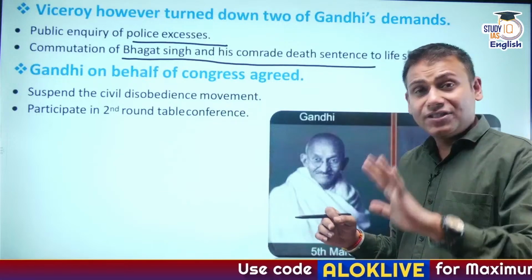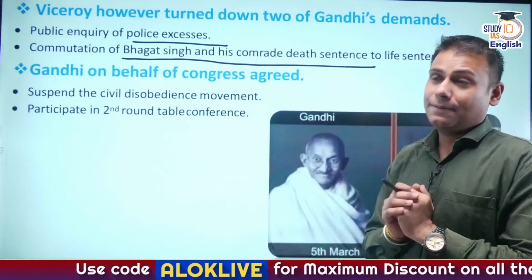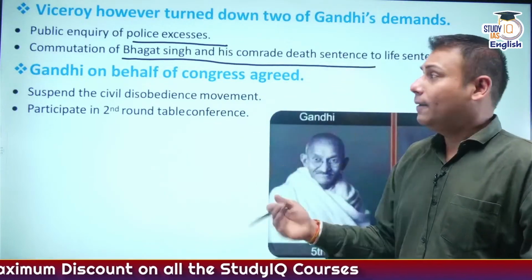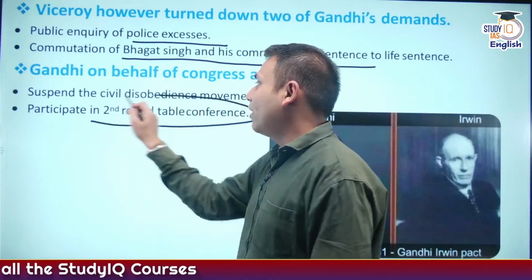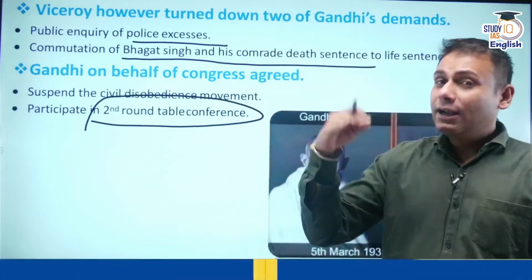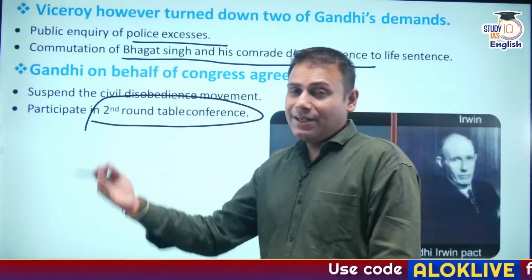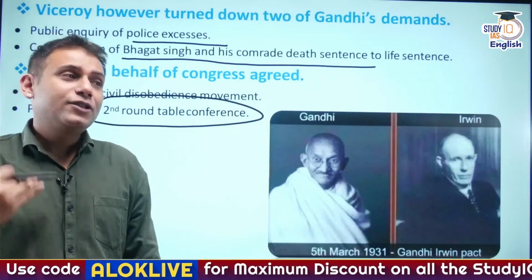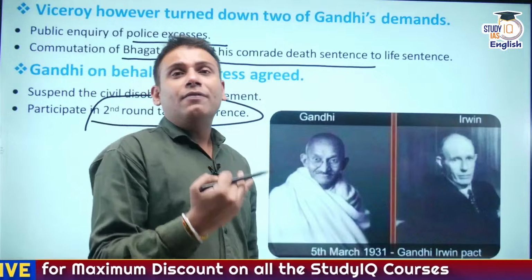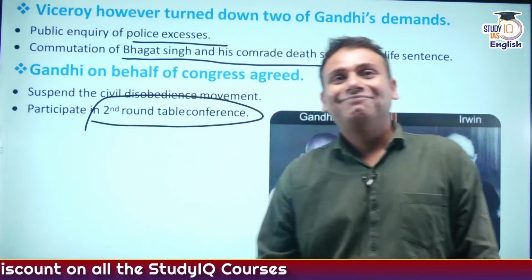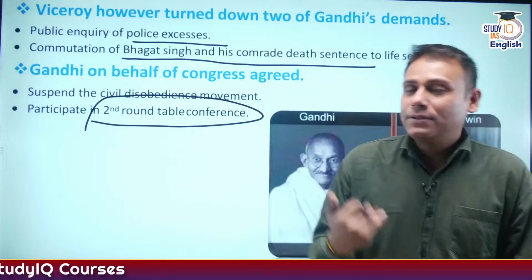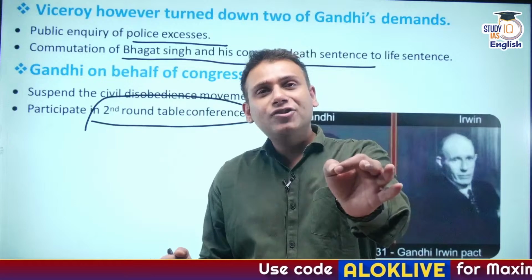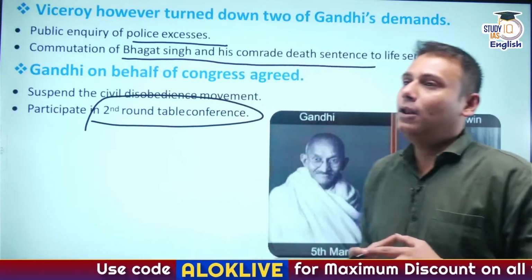For this, in the Karachi session, Mahatma Gandhi was also criticized. And what did the Indian National Congress accept? That the Indian National Congress will participate in the second roundtable conference. I'll give you a brief synopsis of the second roundtable conference in the coming sessions. When Congress participated, many historians write that MK Gandhi came back to the pavilion on a duck. In simple words, he was a representative of the Indian National Congress in the second roundtable conference, but there couldn't be any major outcome of it.